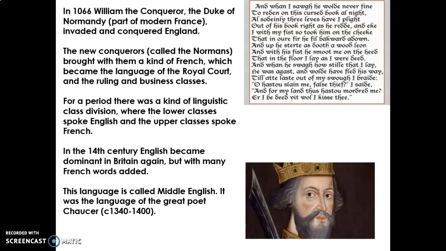As I'm looking across the room, I can imagine my lovely Ebony sat at the front smiling. She's probably got down that William the Conqueror invaded England in 1066. Next to her, lovely Imogen might have written down that the French became the language of the ruling classes. And then we've got Kelly and James. They might have written down that, for example, the lower classes spoke English, upper classes spoke French.